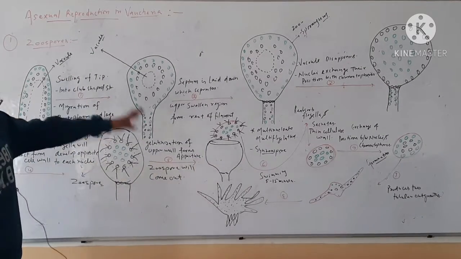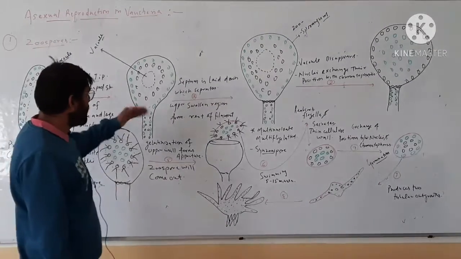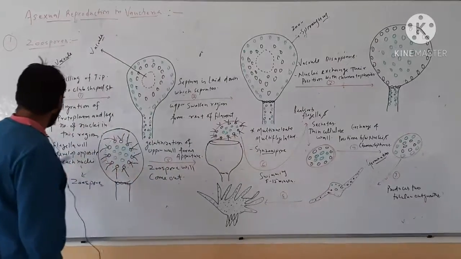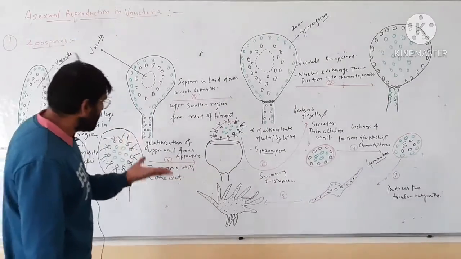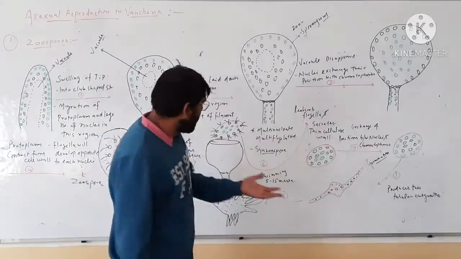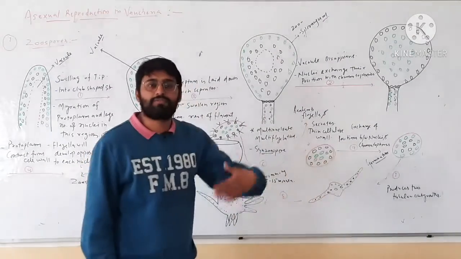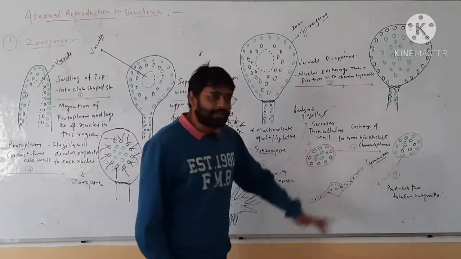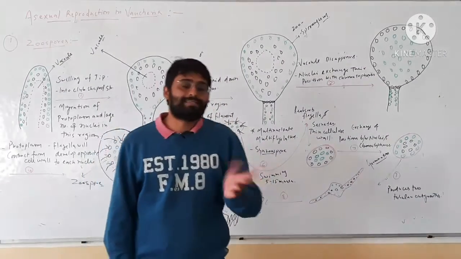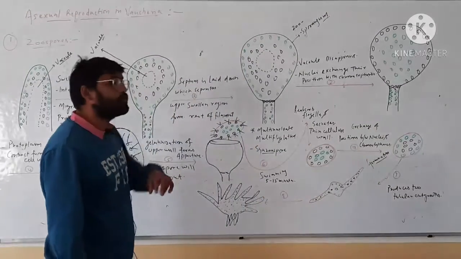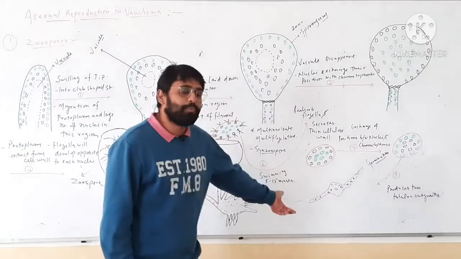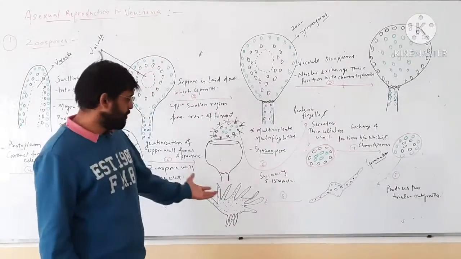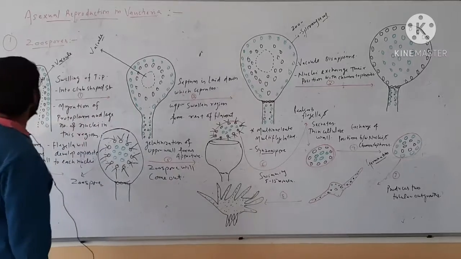So the swollen tip will be there, then nuclei will migrate, then exchange of position will be there, then protoplasm contraction, flagella will develop, apical pore will form, and then it will be liberated and swim for some time. Then it will reabsorb its flagella and secrete a thin cellulose wall, and it will exchange their position again. Then it will produce two outgrowths, one will form a rhizoid and another will form filaments. So this is all about zoospore.